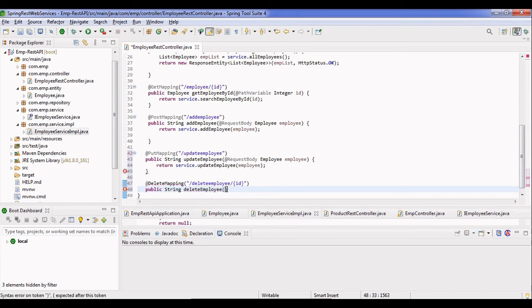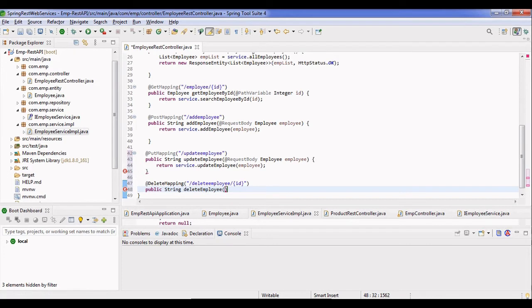Same as when we were searching for an employee by a particular ID, we use the @PathVariable annotation to bind the path variable value with the method parameter.